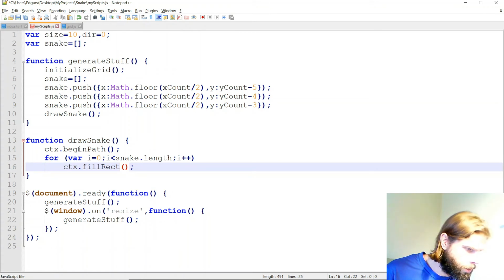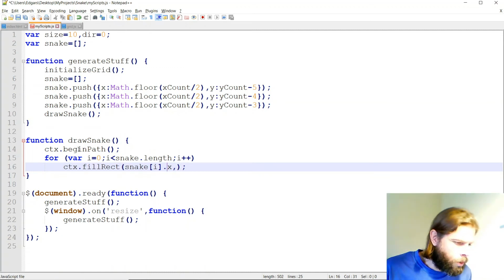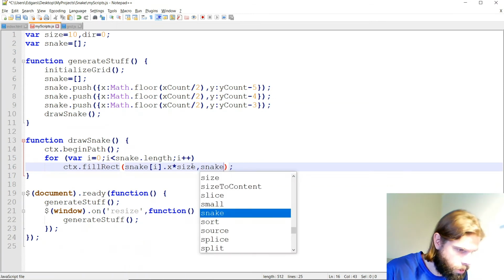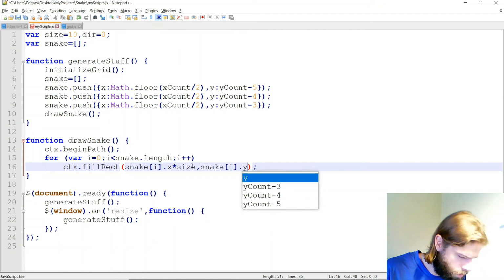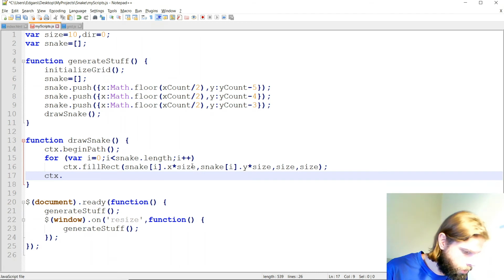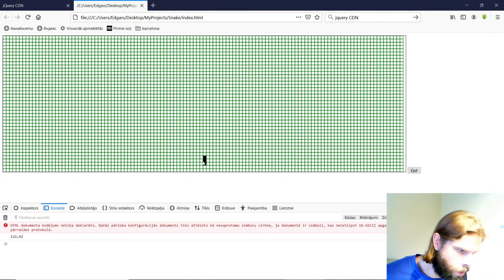with element's x, which will be snake i x, no, or yes, no, we want to, so x is from 0 to x count, so this must be multiplied by our size, right? And then snake y times size and the lengths of those two sides. Now that's it. And context fill, I think, has to be called here. Let's say, yay, we have our snake. Cool,